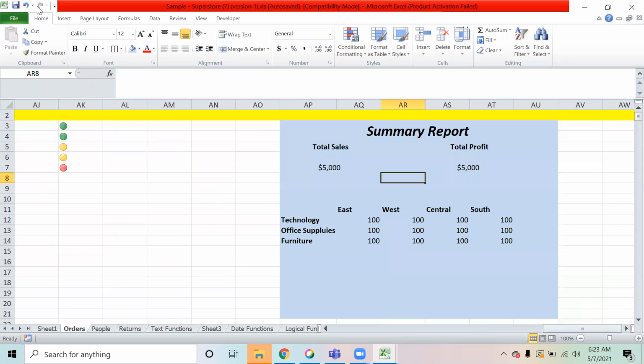So I've posted the class file for today on the Google Classroom. You can pick that from there. On that Google Classroom, you will be able to find it.